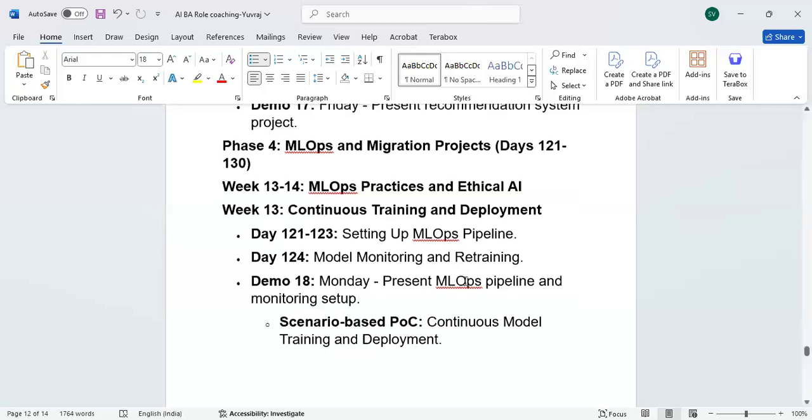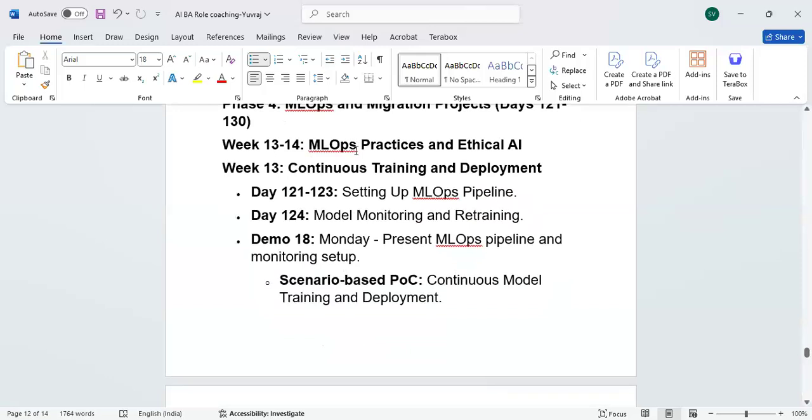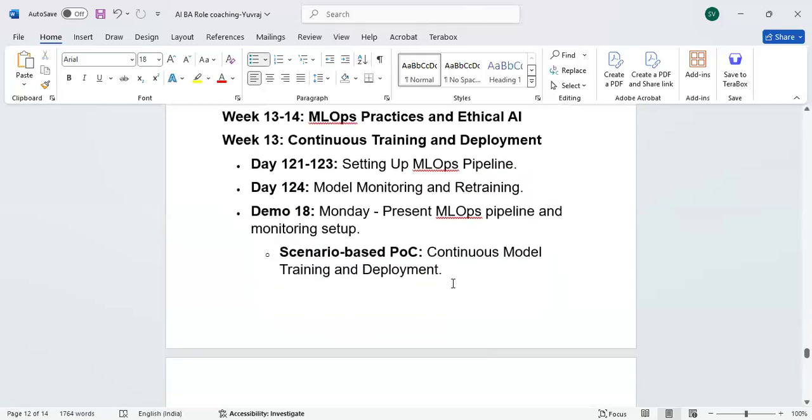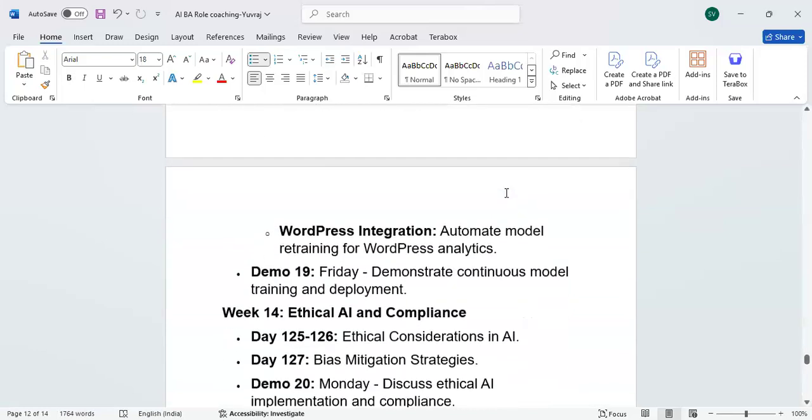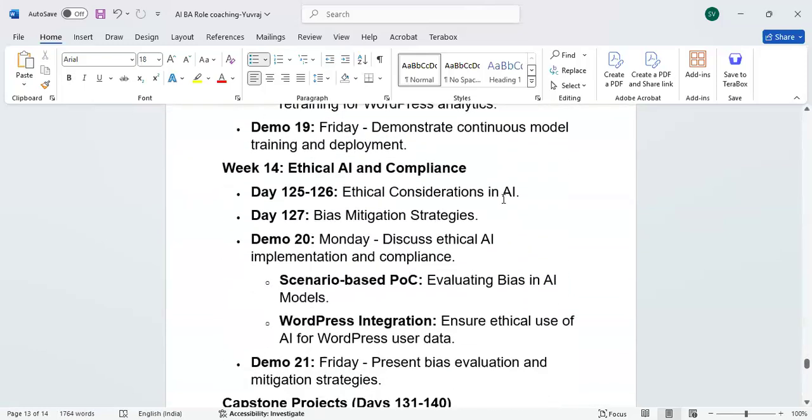Okay, right. Now you are going to work with MLOps. This topic is related to Rahul. Am I right, Rahul? Yes, sir, MLOps. So you are going to do deployment here, and later you are going to move to how ethical AI and compliance can be followed live, in view of the AI business analyst role. We have seen the AI BA role activities, and this is one of them: ethical AI compliance.